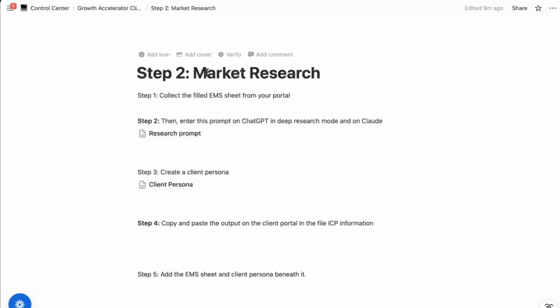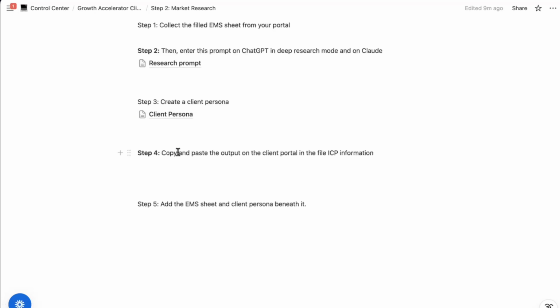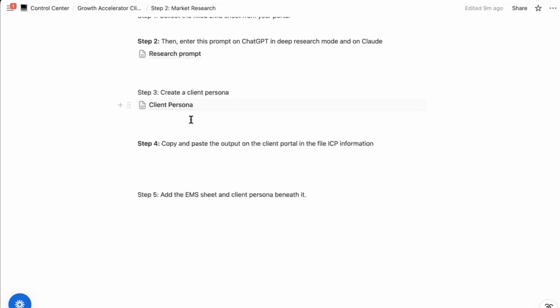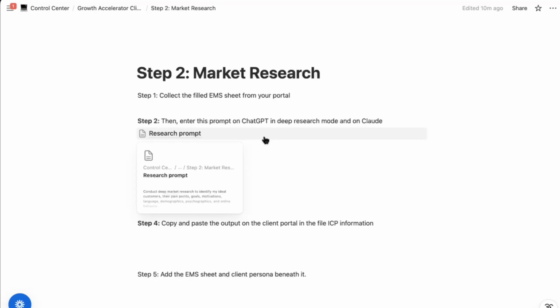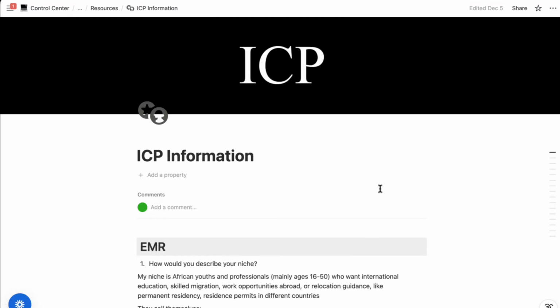Anyway, that's that. So step four is to copy and paste the outputs on your client portal in your ICP information, which I've already done, and add the EMS sheets and client persona beneath it. So you can add this, which I've already done as well. So that's how you do your market research. This used to take a long time before, but now in 30 minutes you are done. Okay, let me show you an example